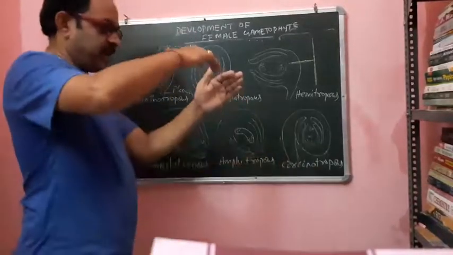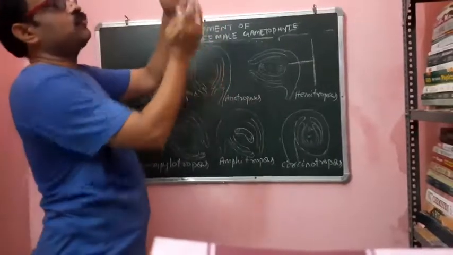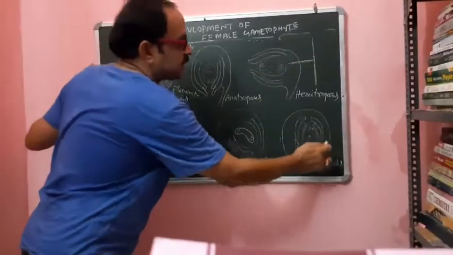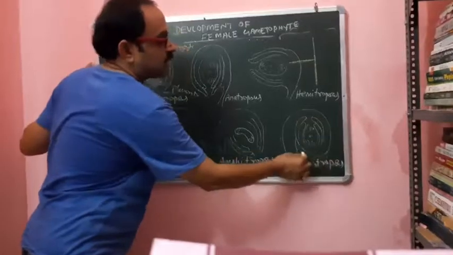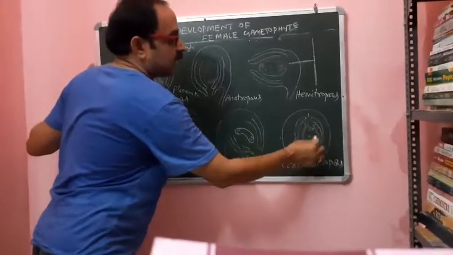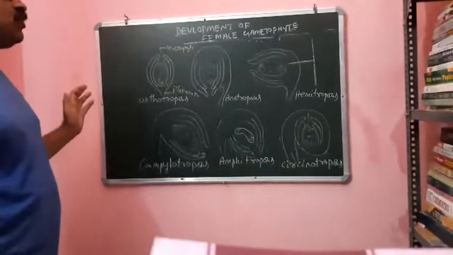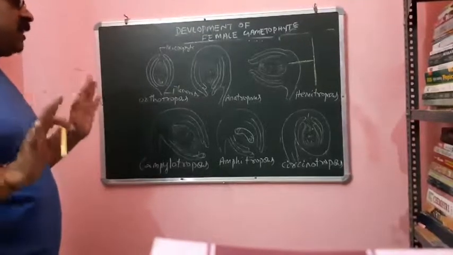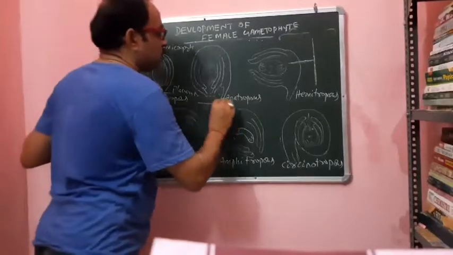Another is circinotropous. Here the body part is totally rounded up, again to the upper side, a full 360 degree round. This is placenta and this is body part, with micropyle and chalaza. This type of ovule is called circinotropous ovule. But the most important type for you is anatropous ovule.